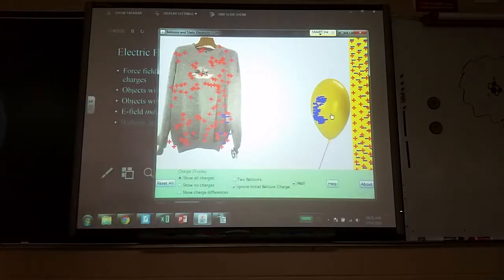For today, what I want you to do now is go back over your data and see if you have any holes in it. A lot of people miss the analysis section entirely. I want you to double check some of those things that you thought were positive and figure out which ones are positive. Because if you bring two that are positive close together, what should happen? They should repel. So check which ones are positive and which ones have this induced charge on them. And then go back and rewrite your